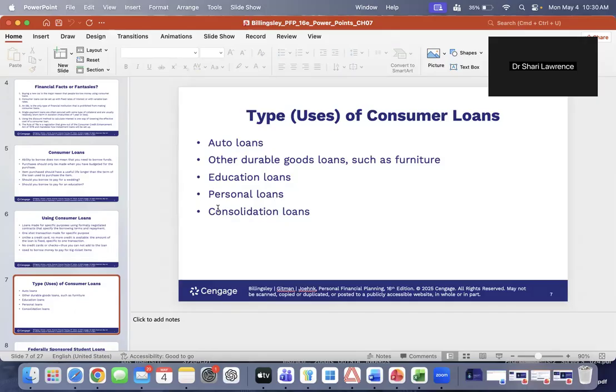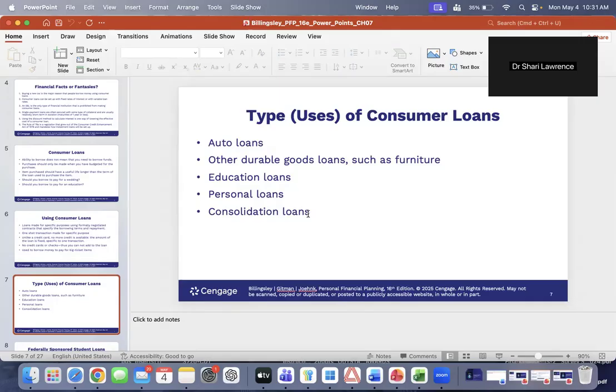Now, let me talk a minute about personal loans versus consolidation loans. If you're getting a consolidation loan, let's say that you have $20,000 in credit card debt. You're not going to get the money yourself. They would give you a $20,000 loan, for example, specifically to pay off the credit card debt, and it would be made out to those companies. So a consolidation loan tends to have a little bit lower interest rate than a personal loan, and definitely would have a lower interest rate than your credit cards. So if you want to consolidate debt, you can get a consolidation loan.